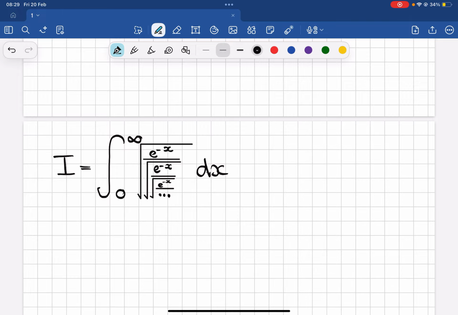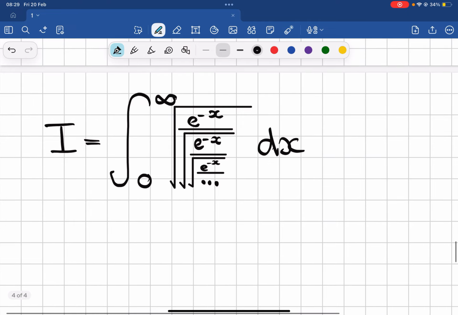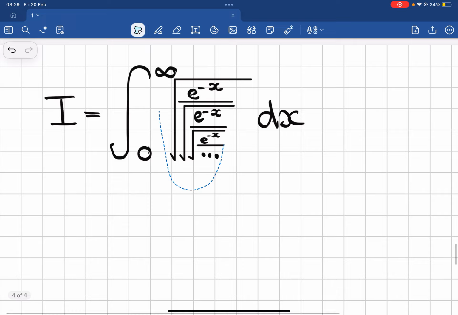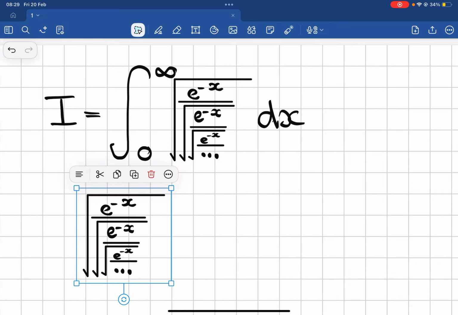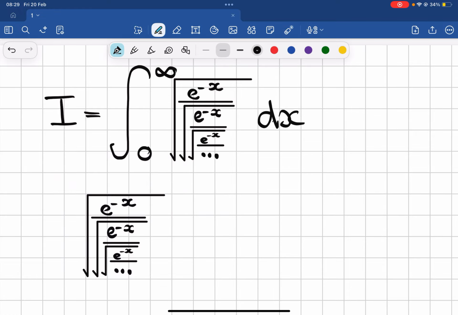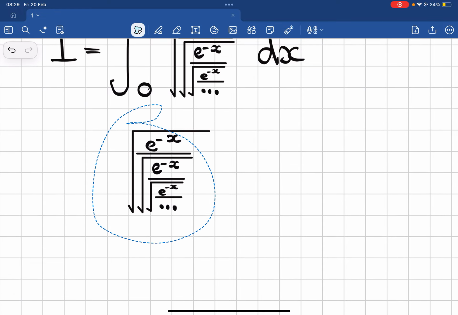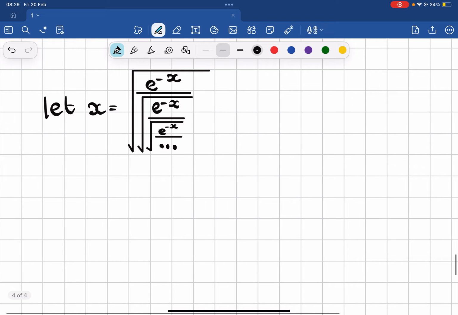So with a question like this, there's no way we're just straight integrating this, so we sort of have to break down this root e to the x. So let's just drag it down. Let's hope to simplify this. So if we call this x, let's say, I'll explain to you why I'm calling this x. X equals this, and